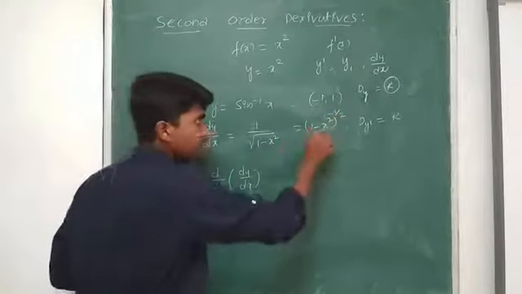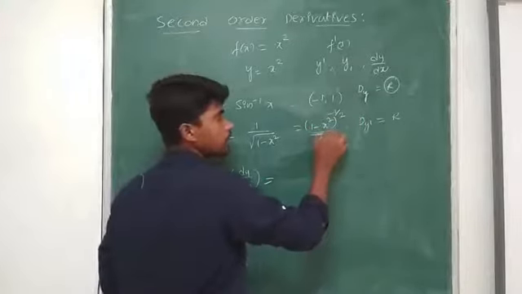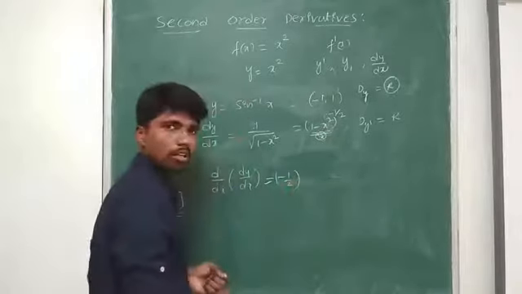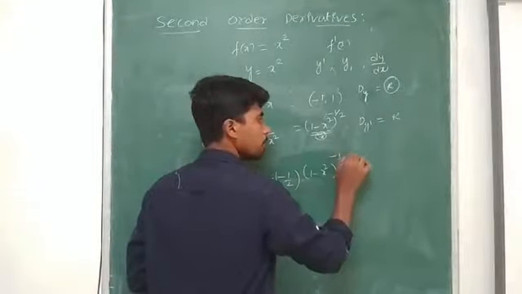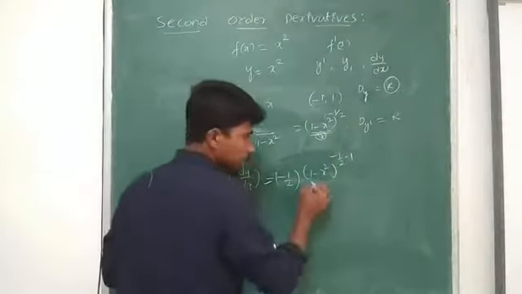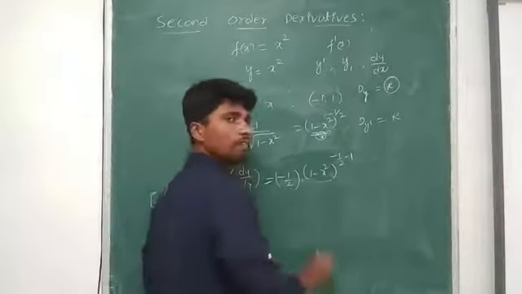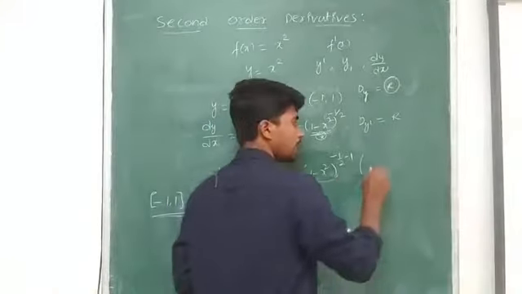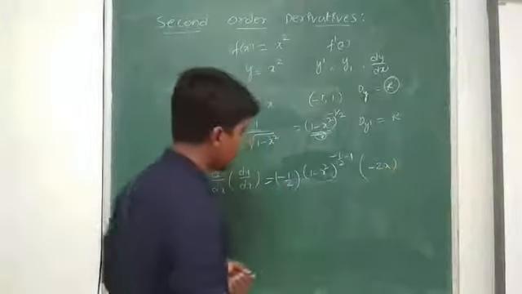Now I am differentiating this with respect to x. It is in the form x power n, whose differentiation is n into x power n minus 1. But it is not just x, so definitely I have to perform the differentiation of the inner part too. So what is the differentiation of 1 minus x square? Differentiation of 1 is 0, minus differentiation of x square. So finally what I got,